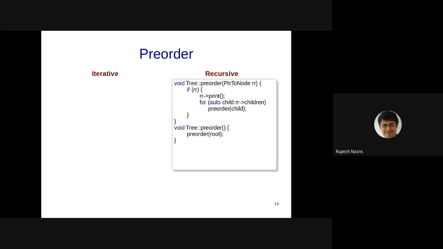Okay, so this says print the node after the for loop. In an iterative manner, this will not change because the print has to be before the for loop itself. In fact, if you put the print after the for loop, whether in iterative or recursive manner, what will happen? Any suggestions?